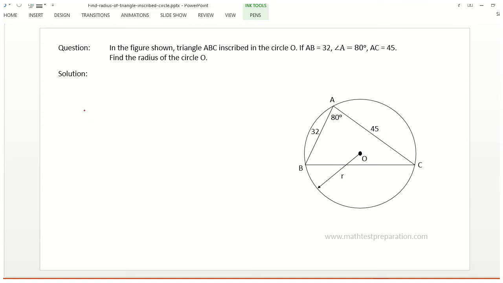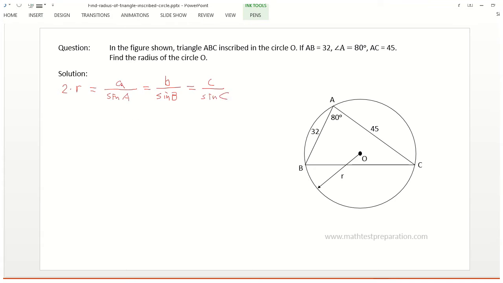So the radius of the circle and the triangle has a relation. 2 times R, R is the radius of the circle, equals to a divided by sine A, equals to b divided by sine B, equals to c divided by sine C,